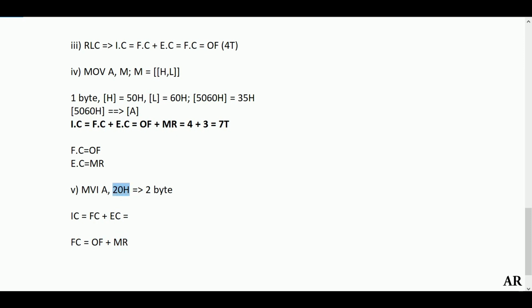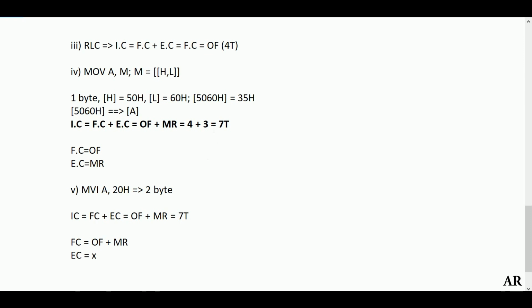Where does it need to be stored? It needs to be stored in the accumulator. So the execution cycle will not involve any machine cycles because everything is inside the microprocessor. It need not go outside to reach the memory or an IO device. So the execution cycle will be nothing. Therefore, your instruction cycle will just involve opcode fetch plus memory read. This will take 7 T states.